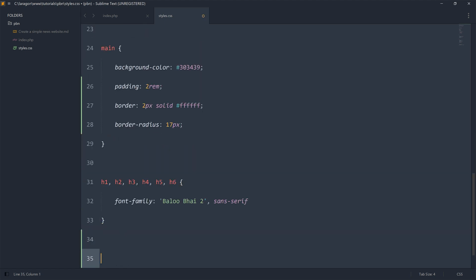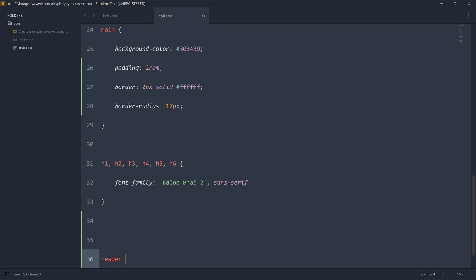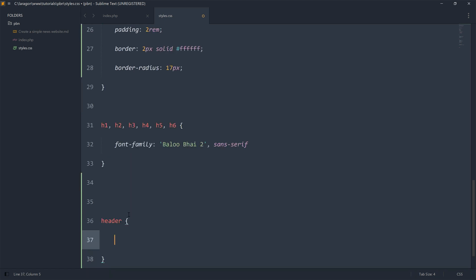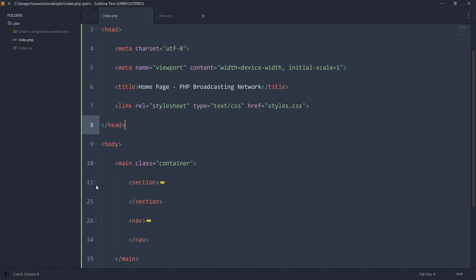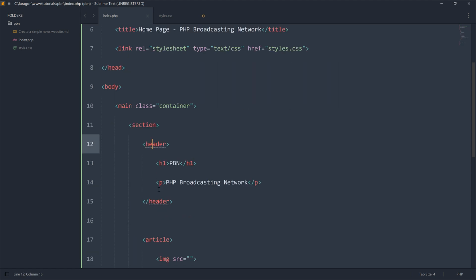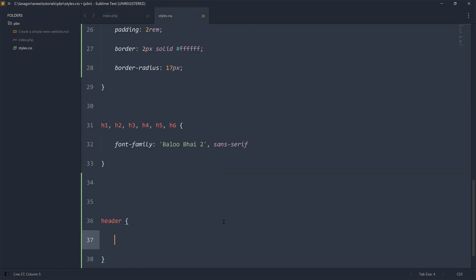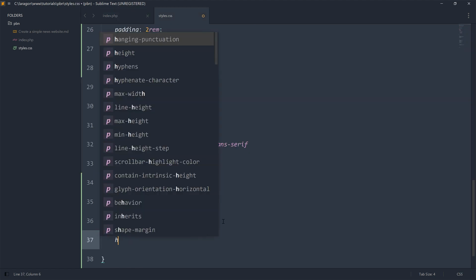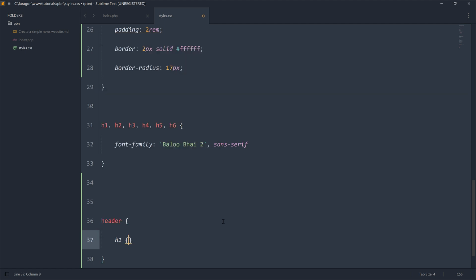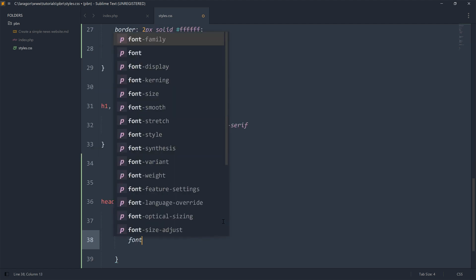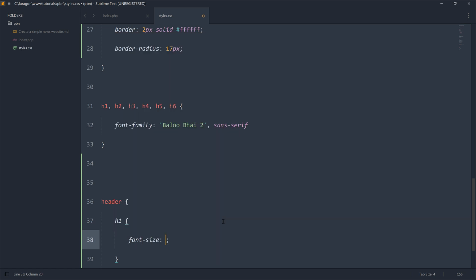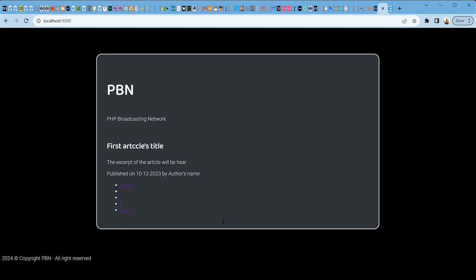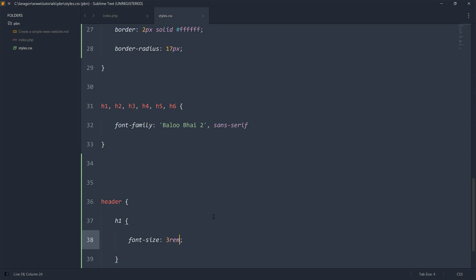So we go on the header, and then we look at what we have in the header. So we have a heading 1 and a paragraph. So the heading 1, there's no need to style the font again. The font styling is already made, but we can adjust the font size. So font size, let's say we make it 3 rem. All right, I would like to increase it a little bit, let's say 4,